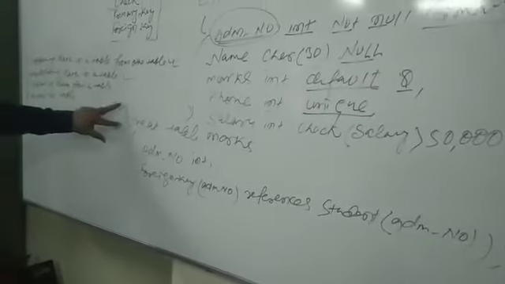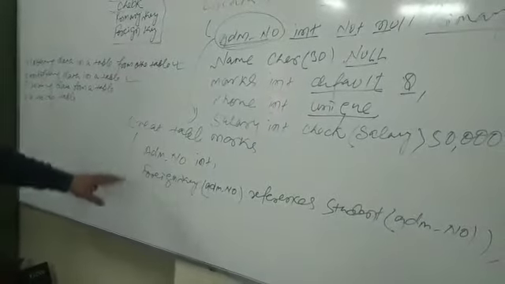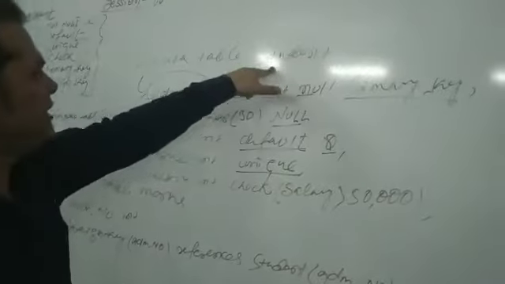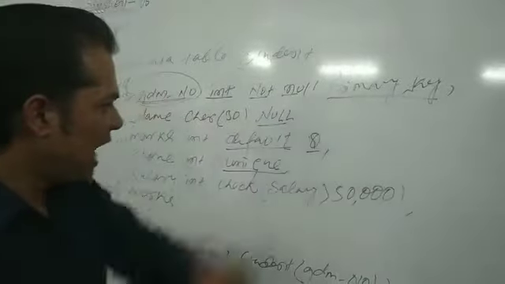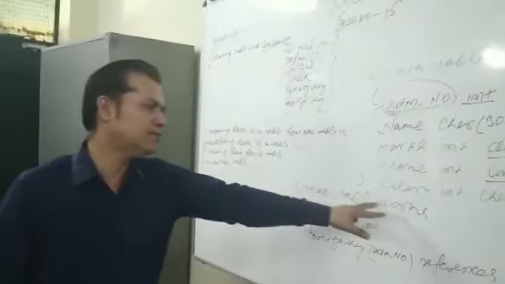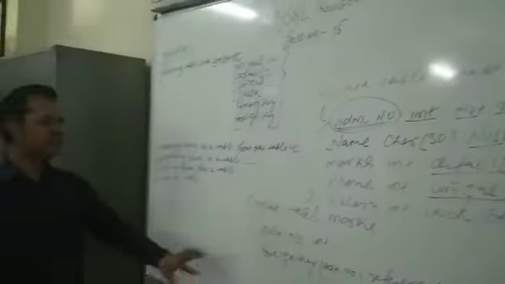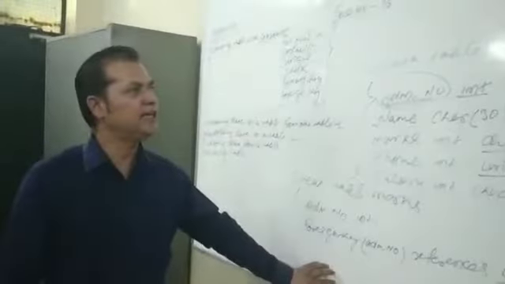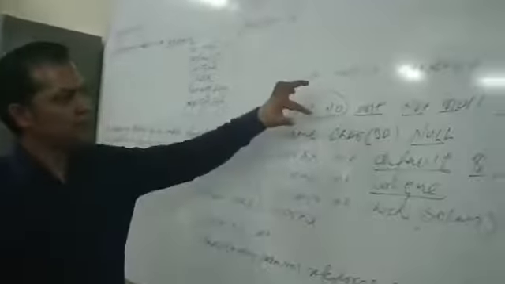It means in the marks table I made admission number a foreign key, which was in the student table a primary key. At the time of entering the data, you have to make sure the data you are trying to enter in the admission number of marks already exists in the student table admission number. Otherwise, it will not allow. You may enter the same value again and again in the admission number of marks because it's a foreign key, but it should exist first in the admission number in the student table.